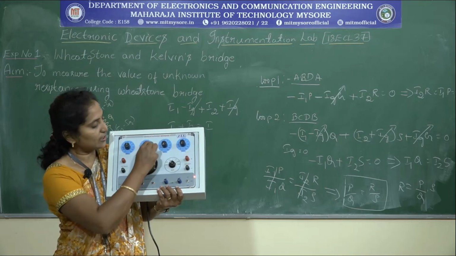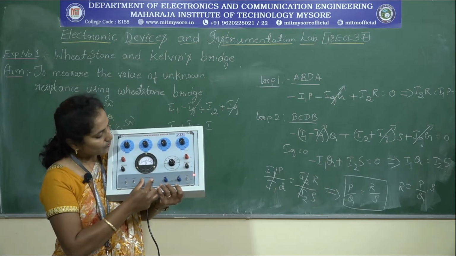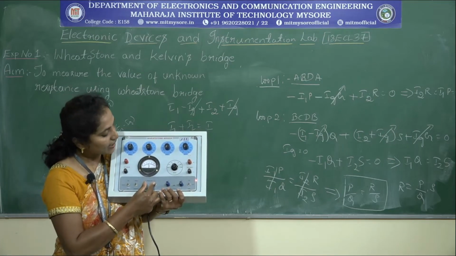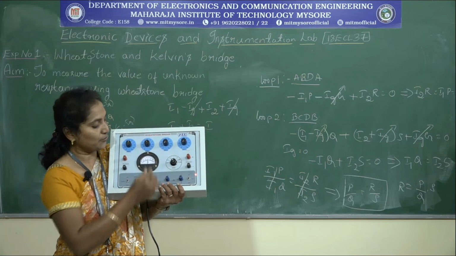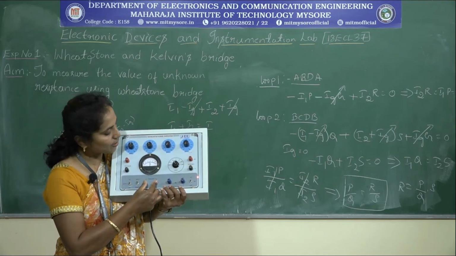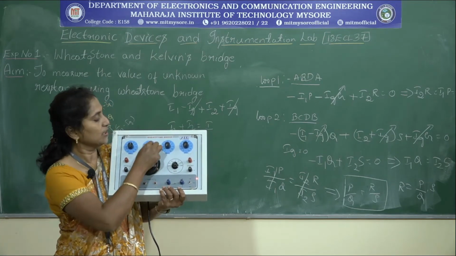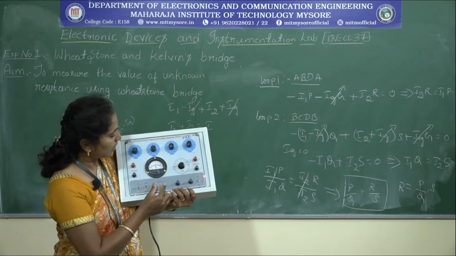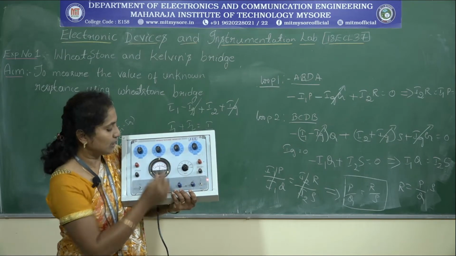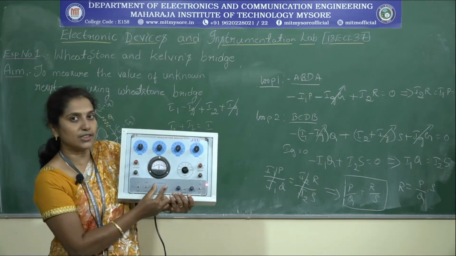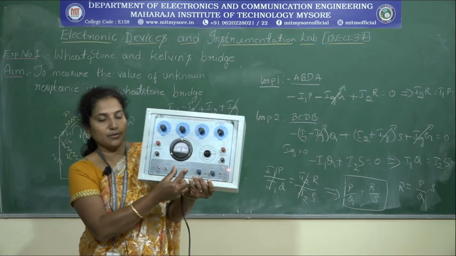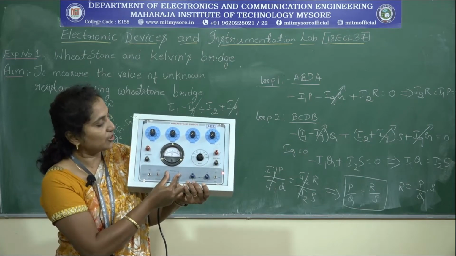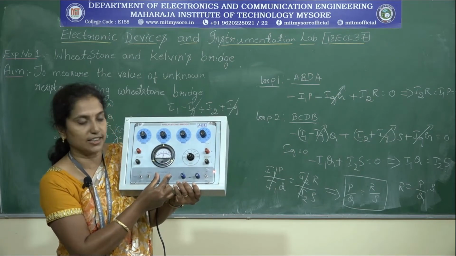So, not yet. Vary, it is moving a little bit. Again vary, it has moved slightly. Again vary, see, it is going almost to 0. So vary, it is almost at the 0 position. Still you vary, it is showing a null deflection, which means it has 0 current, means the current is equivalent to 0, and it is in the balanced condition.